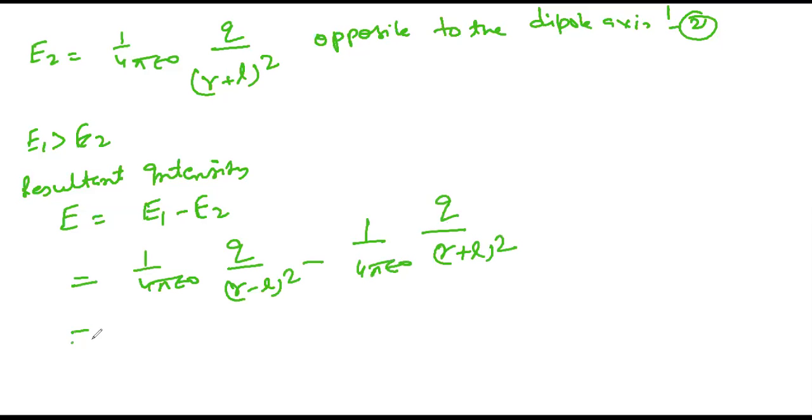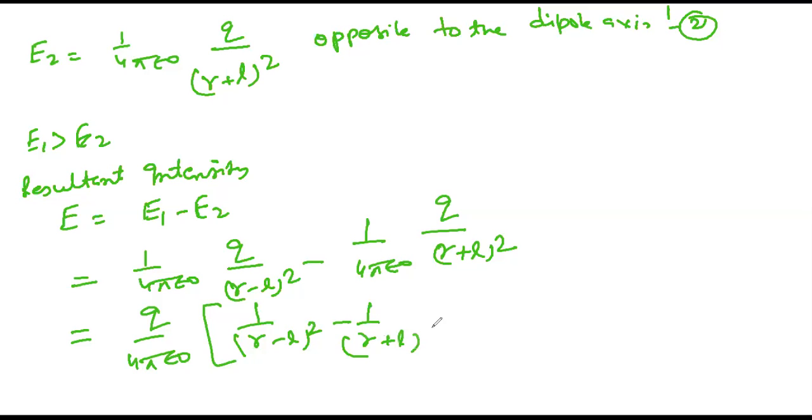What is common in these two? 1 by 4 pi epsilon naught, and then q is also common. So I've taken it common: 1 upon (r minus L) whole square minus 1 by (r plus L) whole square. Any problem? Next step will be